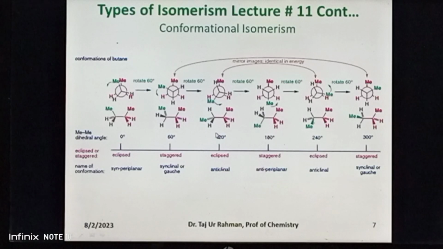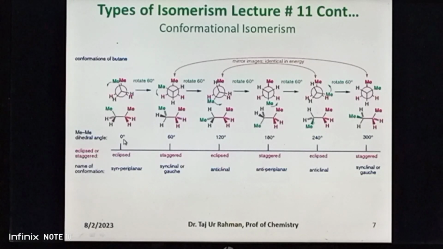Now look at this diagram. This diagram shows six different conformers of butane molecule, that is 1 2 3 4 5 and 6. These six conformers of butane have been obtained by rotation of the carbon hydrogen bond on the rear carbon with respect to the carbon hydrogen bond on the front carbon. Among these six conformers of butane,